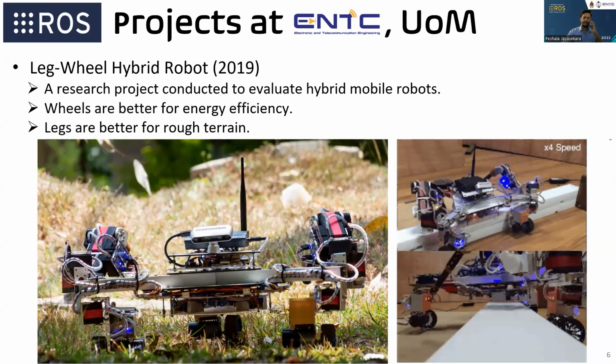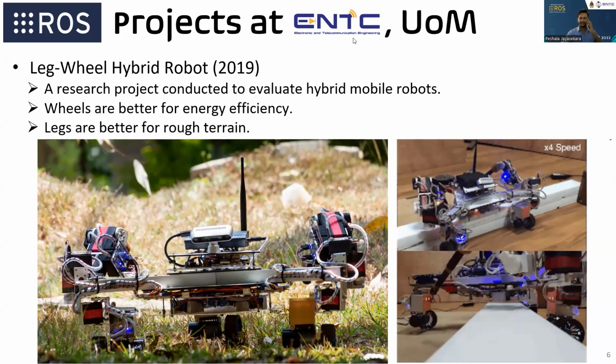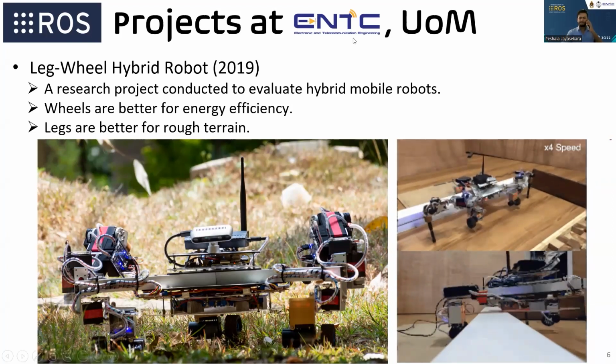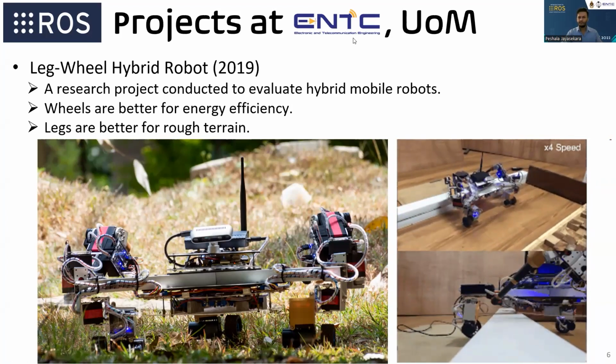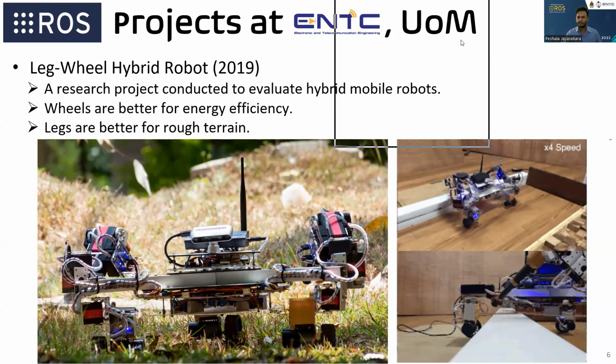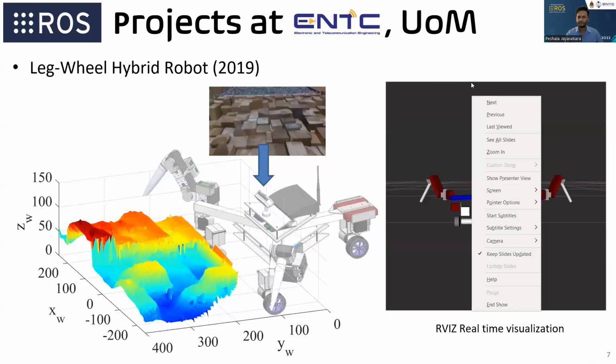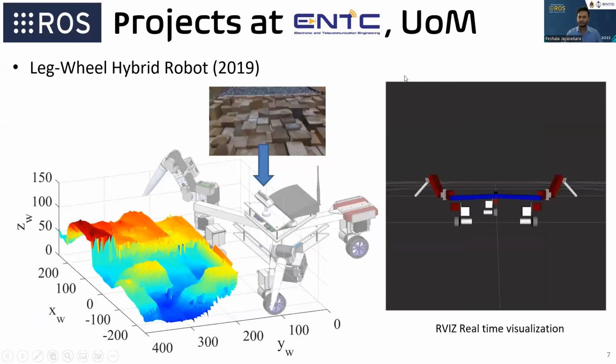In this right-hand side figure, you can see how, by generating good trajectories, we can use only 2 legs. We don't need more than 2 legs in this research aspect, and we can clear many high obstacles. We can climb steps, not stairs at the moment, but we can climb over steps and so on. So if I go to the next slide,